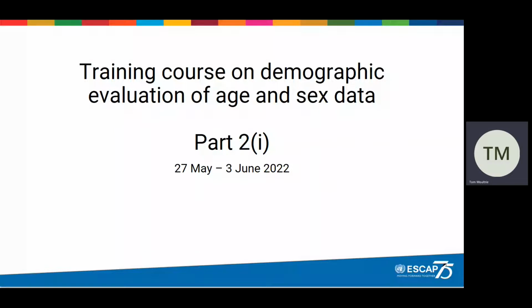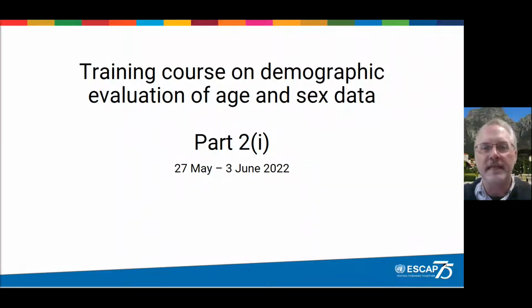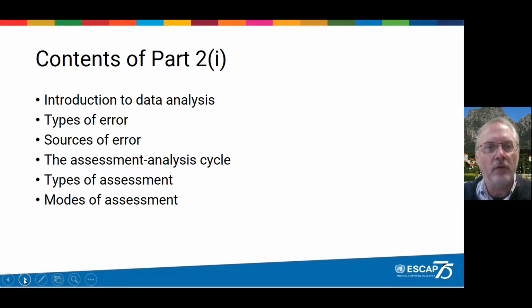Section 1 of the training course on demographic evaluation of age and sex data. What we're going to be doing today is starting the formal process of the training course. And in this section of part 2, we're going to be covering the introduction to data analysis, some description of